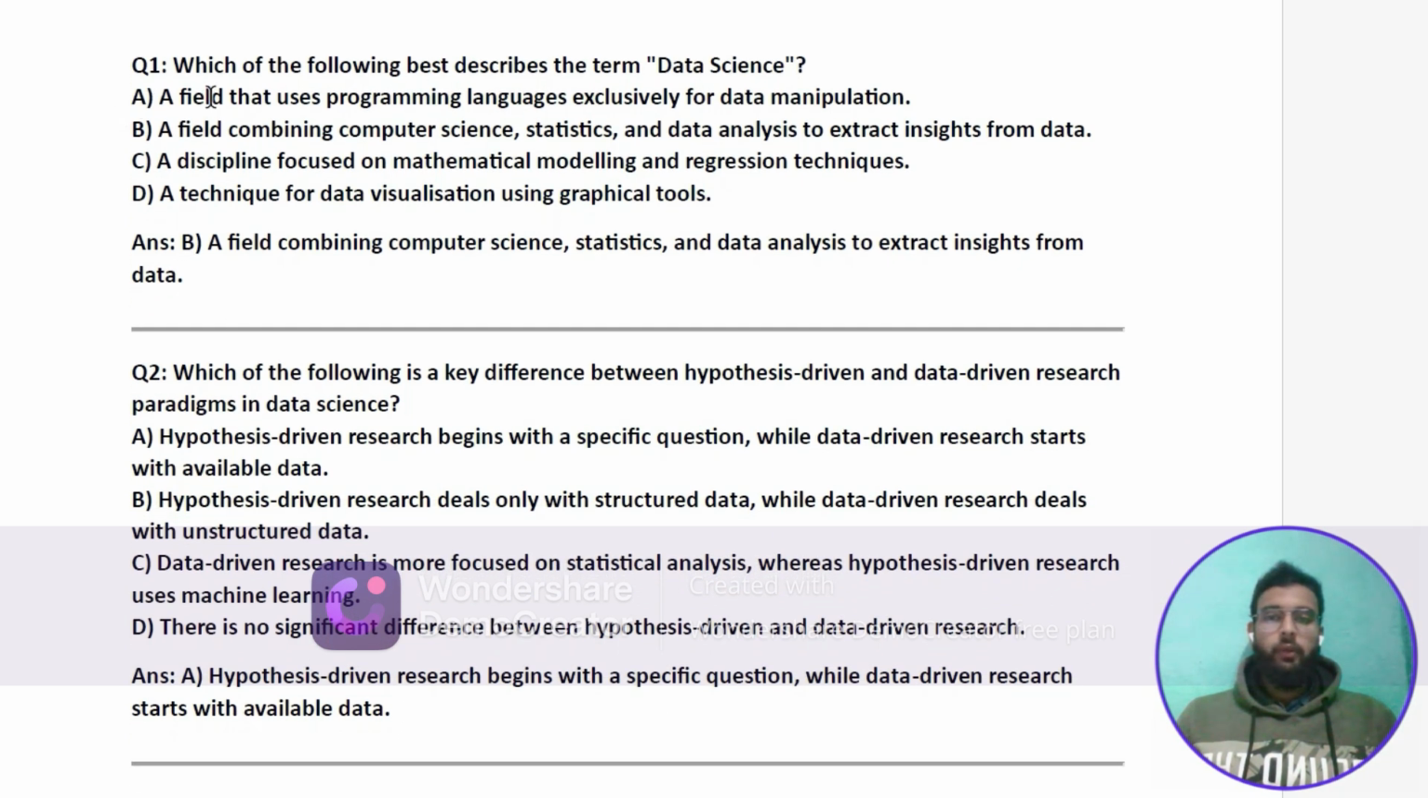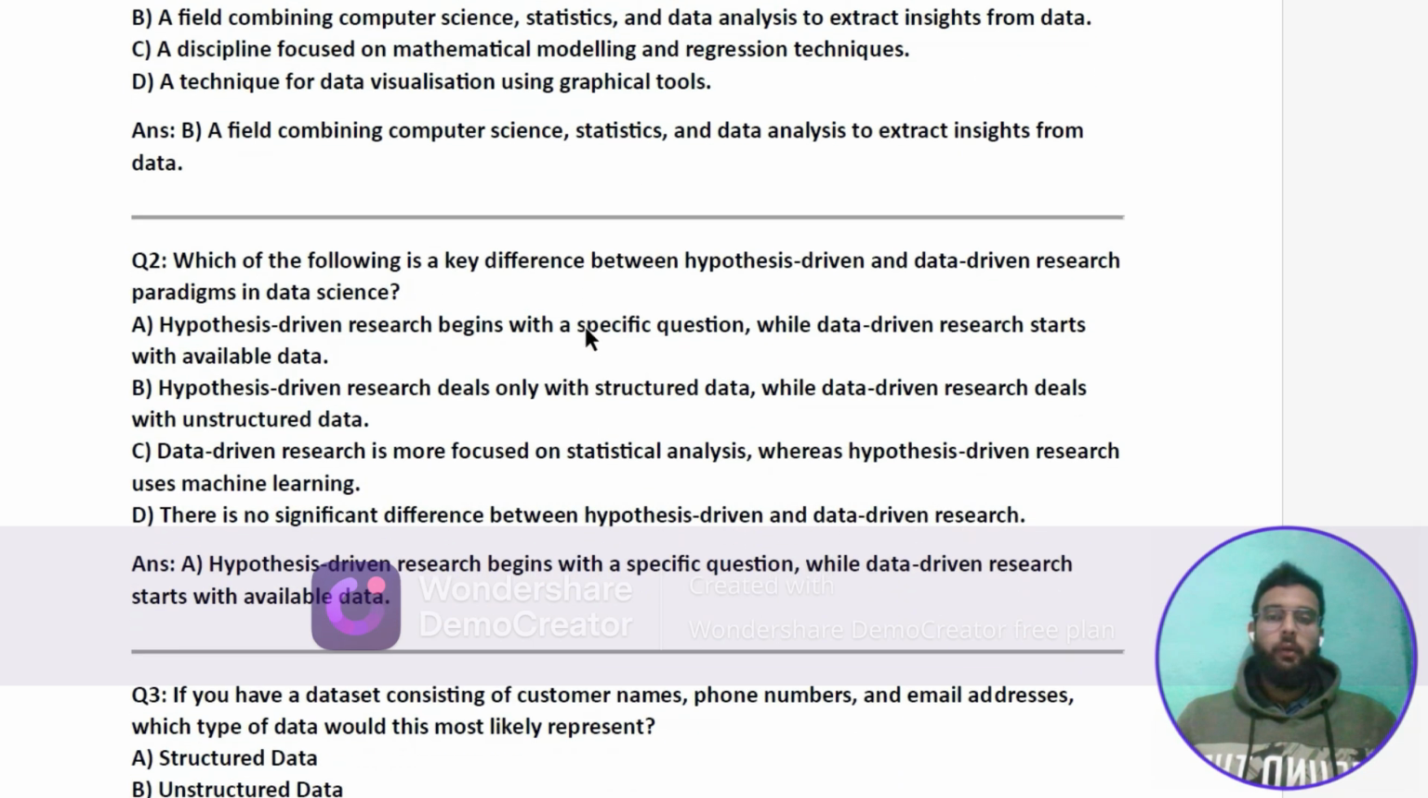So our first question is, which of the following best describes the term data science? A, a field that uses programming languages exclusively for data manipulation. B, a field combining computer science, statistics, and data analysis to extract insights from data. C, a discipline focused on mathematical modeling and regression techniques. D, a technique for data visualization using graphical tools. So the correct answer for this is B, a field combining computer science, statistics, and data analysis to extract